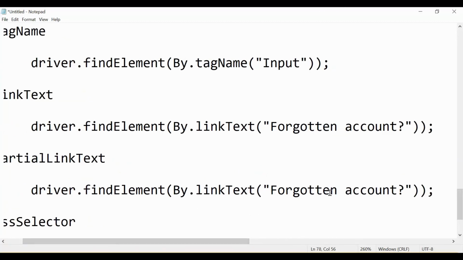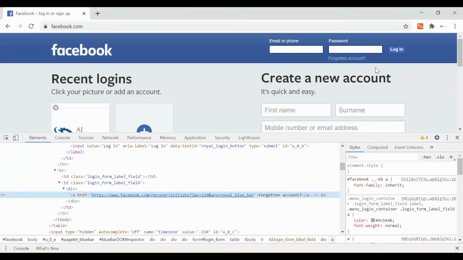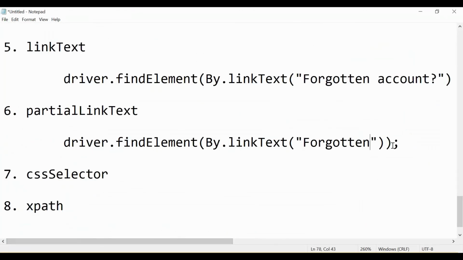For example, for the same example, with the help of partial link text, you just have to send any partial value. Even if you send Forgotten only, it will identify Forgotten account. So these are the two important locators to locate the links on your web page.